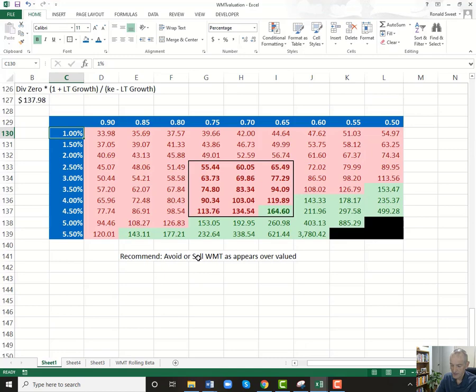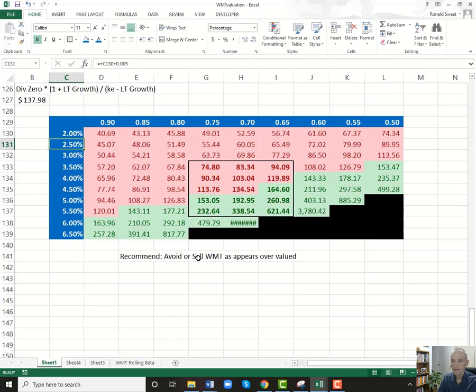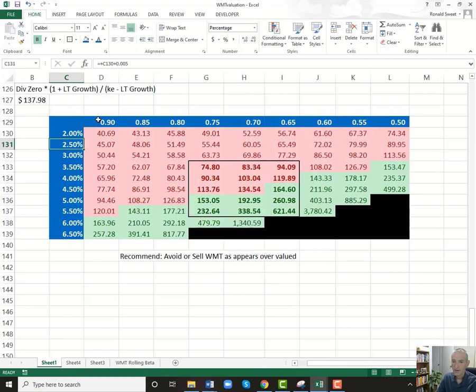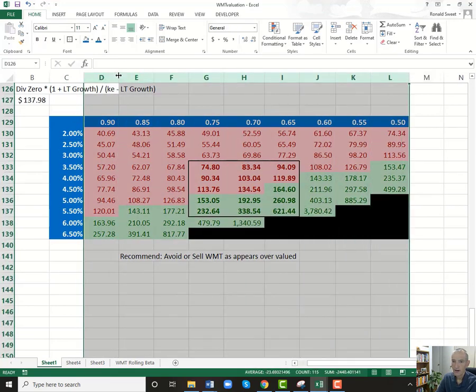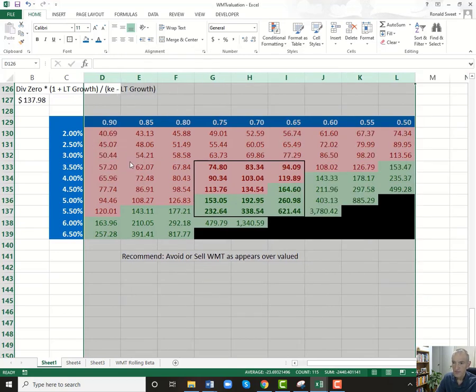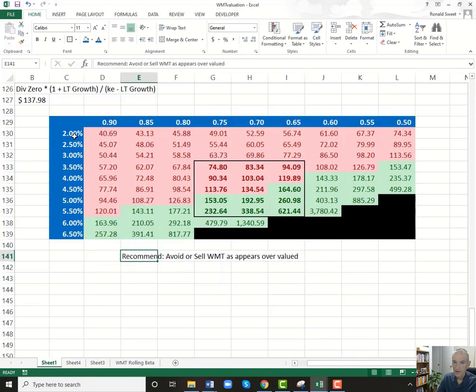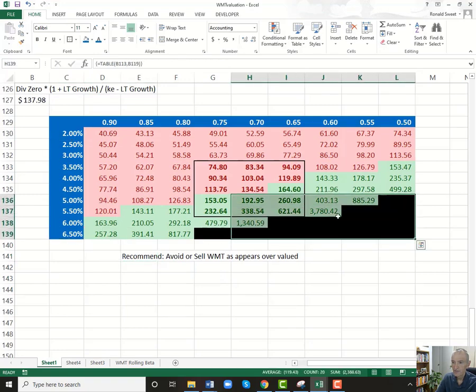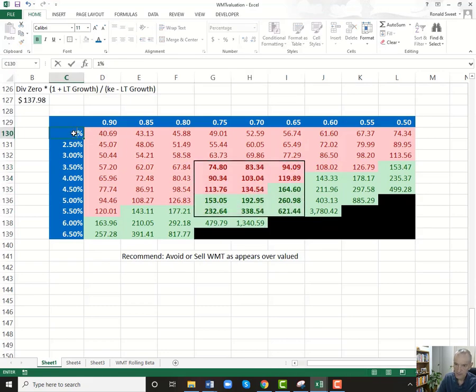Now, you might not like these rows, so you might say, hey, you're way too conservative. Make sure you check on the boxes. So you might make sure the column width is exactly the same all the way throughout. That was too much. So just make it look as professional as possible. And so yeah, even with the higher growth going to 6.5, you can notice with the 6.5% growth, you have a lot more of these infinite values that just get kicked out. So here it's maybe a better case, but boy, Walmart is